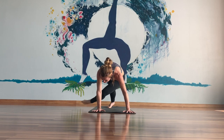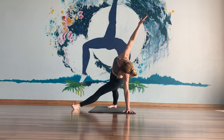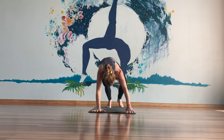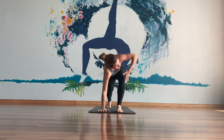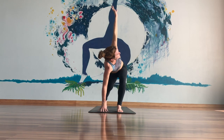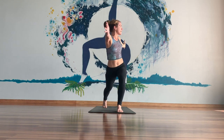You can stay or shoot the foot towards the left side as you reach the left fingers high. Breathe in. Breathe out, lower left hand. Squeeze the right knee in and lightly step it through. Right arm reaches high, inhale. Stay, tent the fingers, maybe lift up through the finger pads